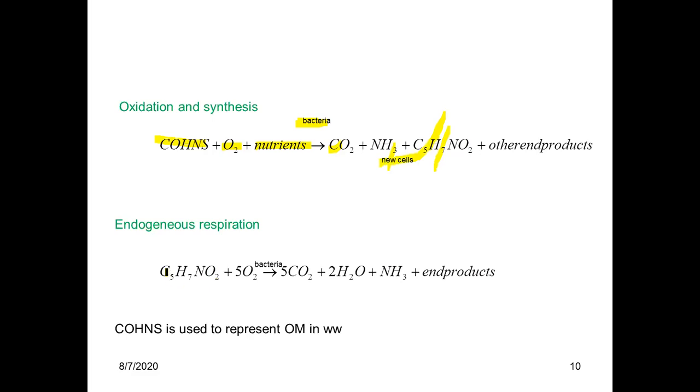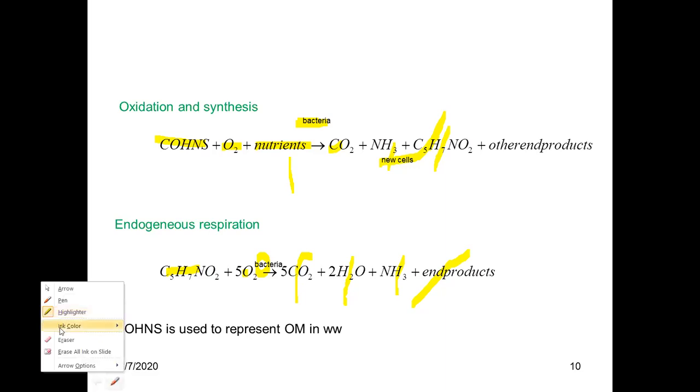Then what happened? These new cells react with oxygen by microorganisms and create CO2, H2O, ammonia, and end products. Here nutrients are ammonia or phosphorus. Here COHN is the organic matter. So you have to remember these two equations, and you can understand that organic matter,